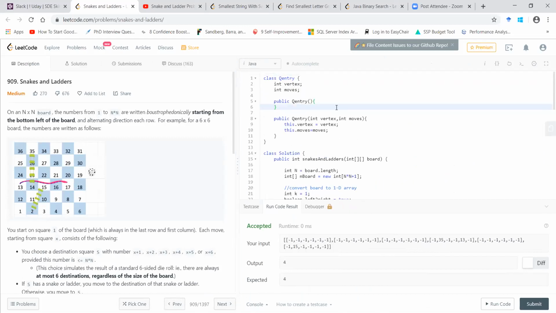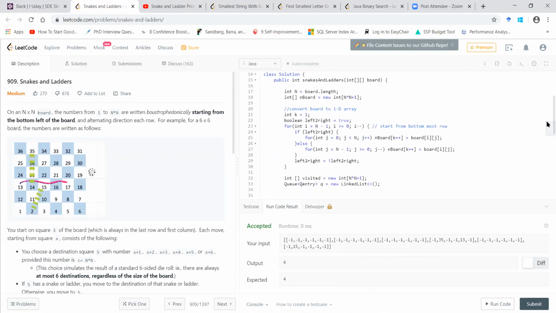Yeah, so I just have a structure for my queue. Now, since I have to return the number of moves, I also have to record my steps, how many moves I have done so far. So in my queue, I'm maintaining these 2 variables. And when I start,